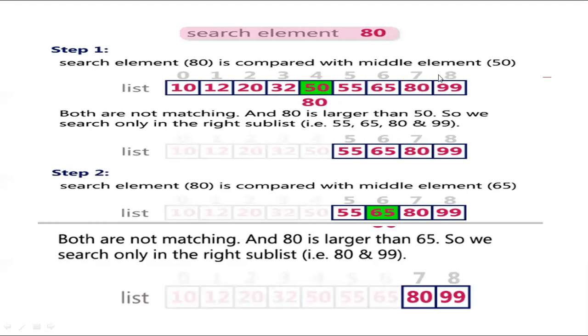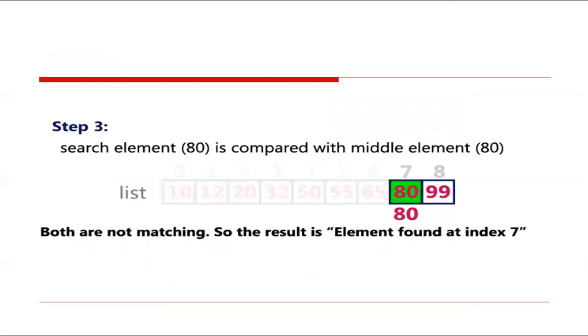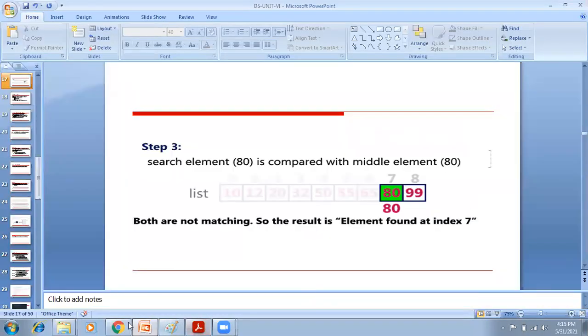No. Again, then here 7, 8. Here this is the top element. This is the bottom element. Top plus bottom by 2. Okay, 7 plus 8, that is 15. 15 by 2 equal to 7. Clear? Here A of 7 equal to 80. Search element equal to 80. If it is yes, then the search is found at that location. Otherwise, not found. Clear? So this is the binary search technique, all of you. Next one, I will show the animation. So listen carefully, all of you.